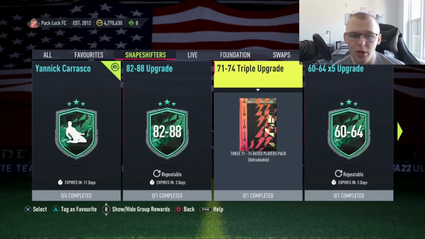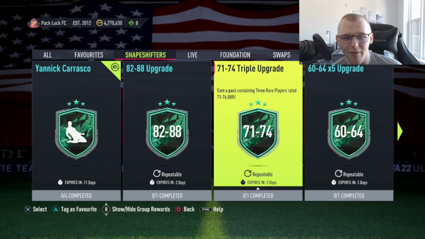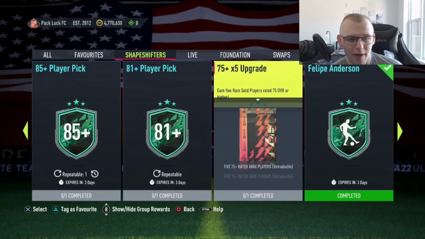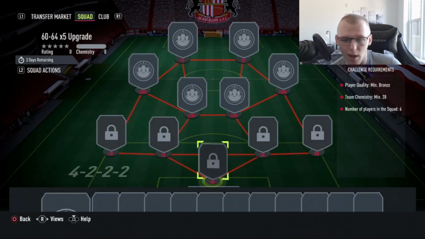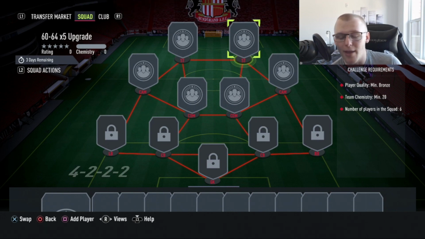But what we're going to be showing you today is the 60 to 64 times 5 upgrade and the 71 to 74 triple upgrade as ways to grind the 75 plus times 5. Now, what do you need in these? If we go into this one first, you're going to only need bronze players, 20 chem, and 6 total. So whether you have a bunch of random bronzes in your club, or you're someone who's done BPM or is doing BPM, which is the bronze pack method,